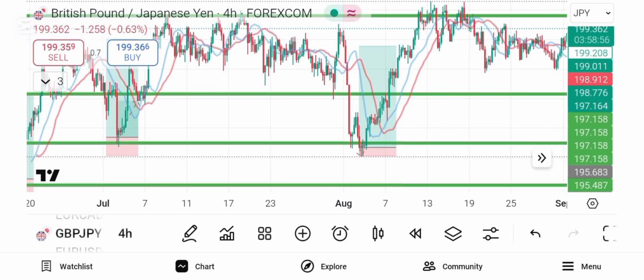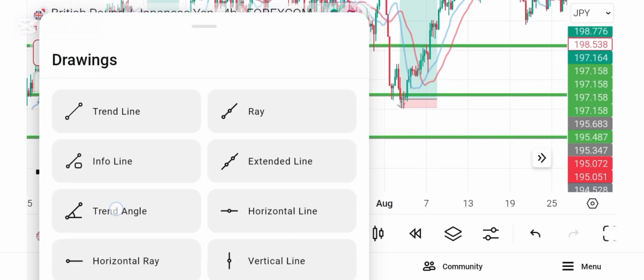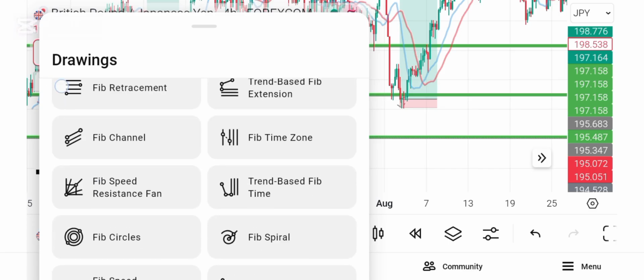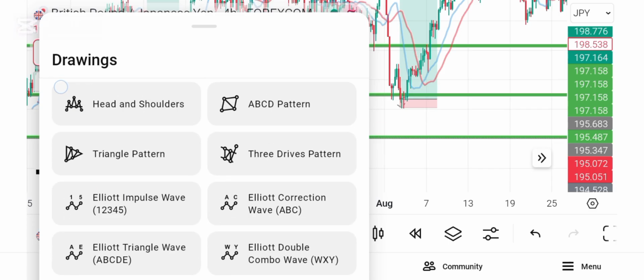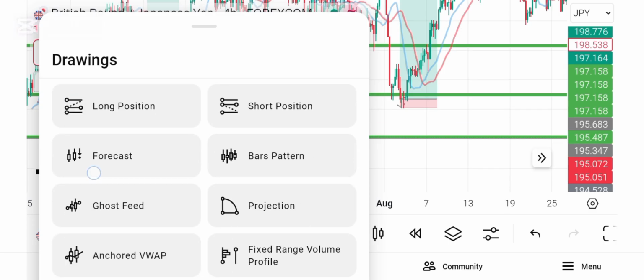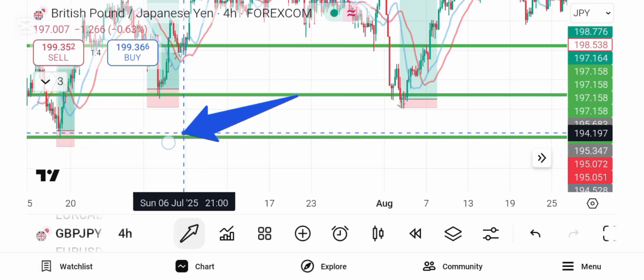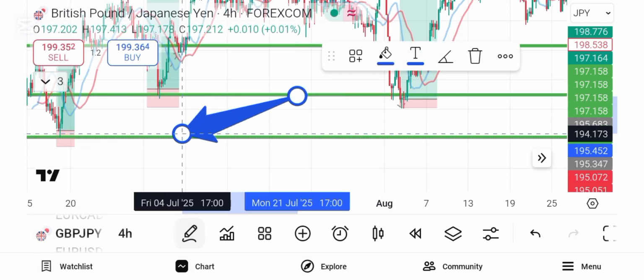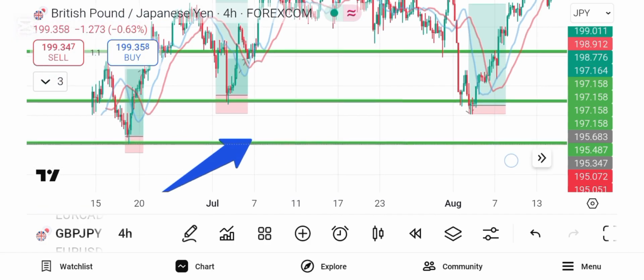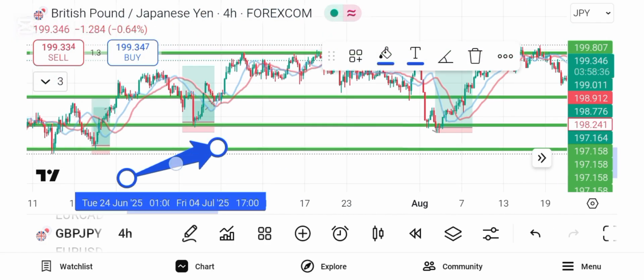I bought here, and let me quickly show you how exactly I did it, so you yourself can equally do the same. So here, as you can see, I bought here,